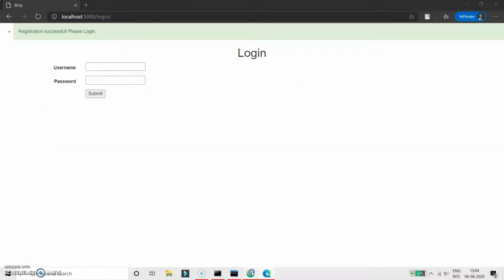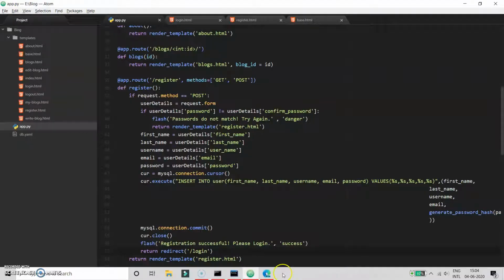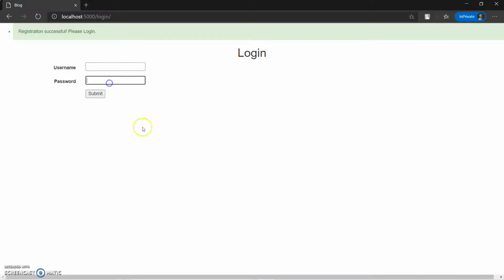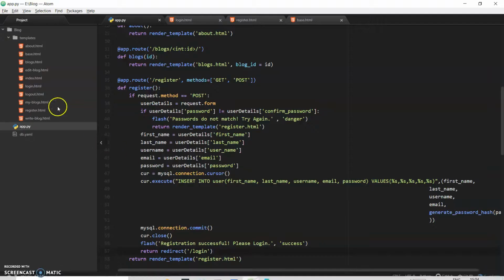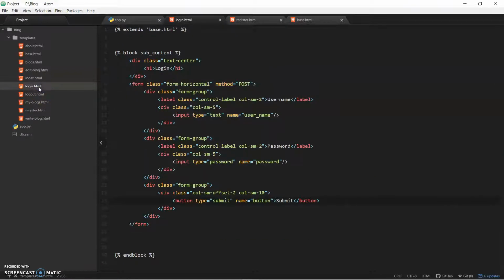So now the login part. Let's go ahead and see what's the login. You see there are two items inside this form, username and password. Let's see how we have done that. So go to the login.html. You can actually see extending base.html, and inside the content